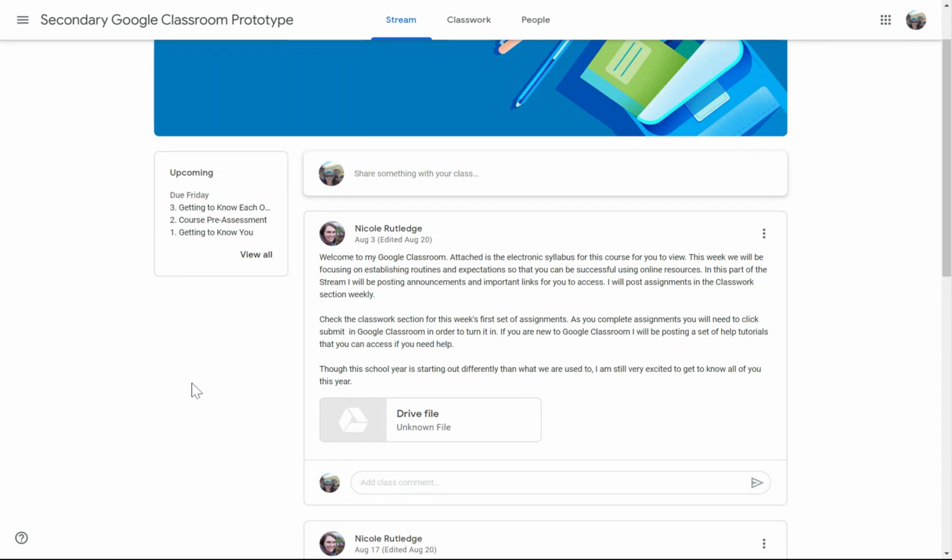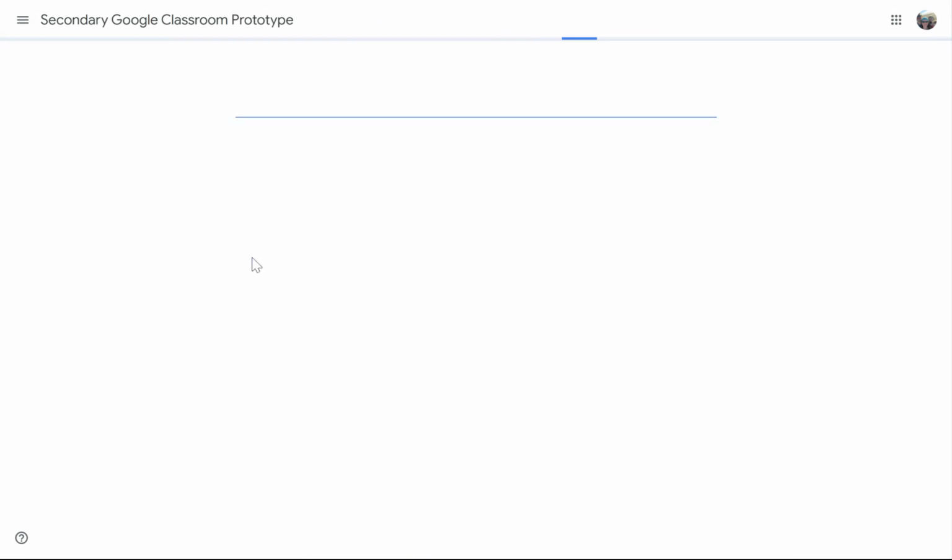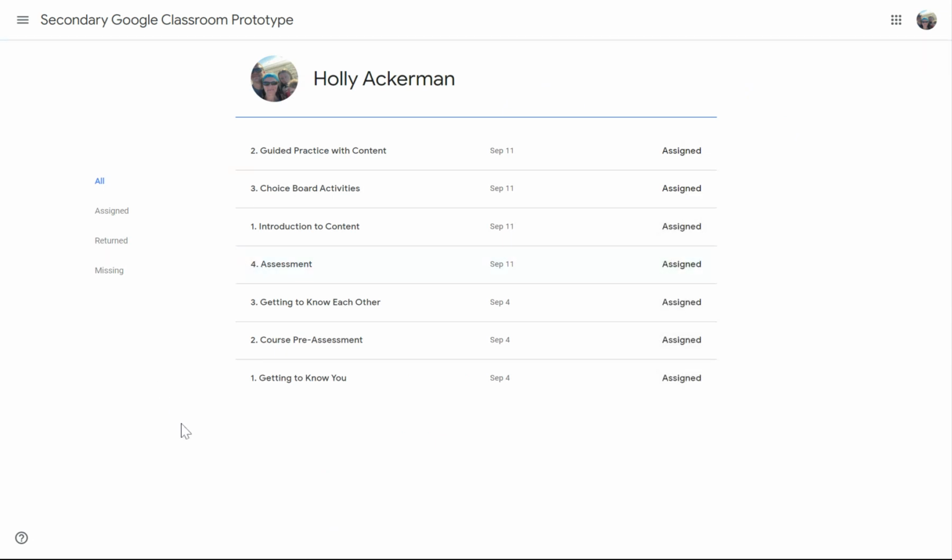As a note, on the left-hand side in this box, this will be assignments that are upcoming. So I can click on View All. Once in here, you'll be able to see all the assignments, and right now they're just all assigned, but you'll also be able to see what has been returned and what has been missing. If you want to get more specific into that,